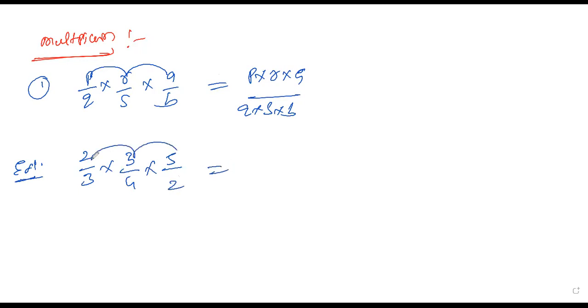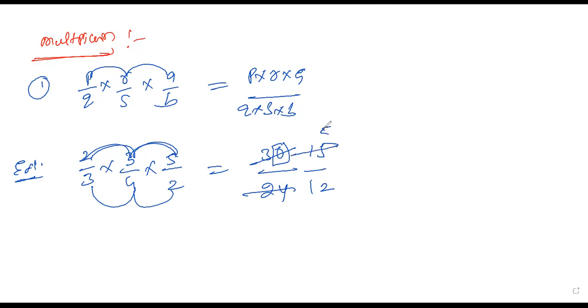Please multiply the numerators: 2 3s are 6, 6 5s are 30. Then the denominators: 3 4s are 12, 12 2s are 24. After your multiplication is done, start cancellation. If the two table is possible, cancel out both. The two table rule means the last digit should be even. This is possible, so 15 by 12. It is not possible with the two table, so let's go for the three table: 3 5s are 15, 3 4s are 12. The answer is 5 by 4, which we cannot simplify further. This is the simplified version. Like this we need to multiply any rational numbers: multiply the numerators, then multiply the denominators.